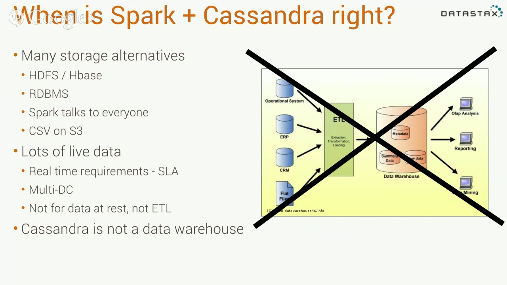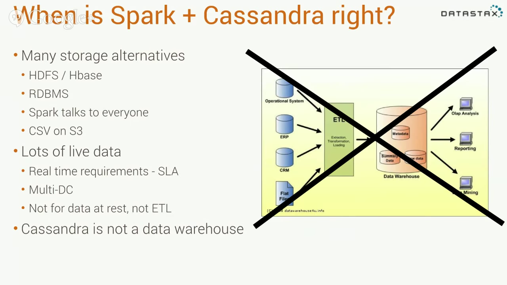You don't want to be doing this process. You just want to store your data in Cassandra in multiple data centers distributed around the world, and then use Spark for the analysis of it. You want to do streaming, get that batch processing. That's really the sweet spot. It's moving away from this: I've got all this cold data, and I need to bulk process it, and 3 days later I get a response because my MapReduce job is just ridiculous and keeps dying and has to be restarted. No, you want to get everything real time. And that's the sweet spot.